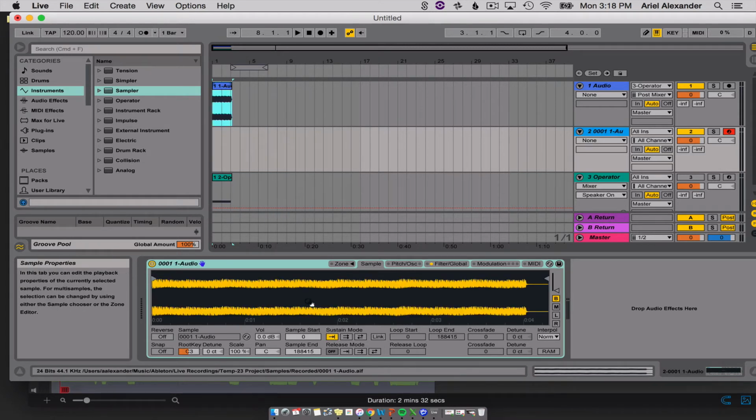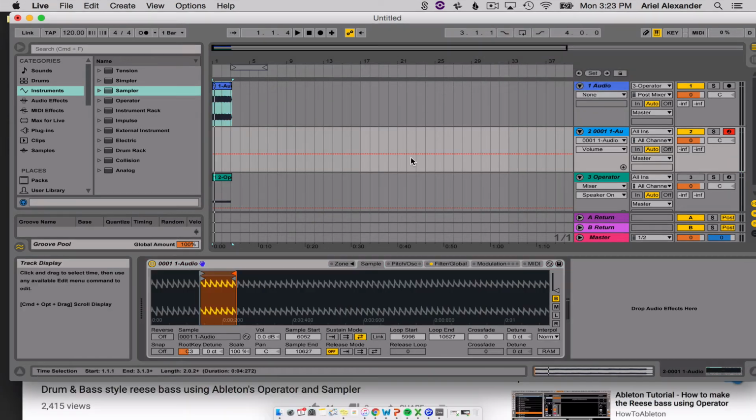Okay? Now, when you trigger the sampler, since it was a C that you recorded, the root key should stay at C. I'm going to press X a couple times to shoot it up a couple octaves. Okay, and now when you play on a keyboard or you play on your computer keyboard, it's going to be the correct notes. Okay, now that we have this in the sampler,